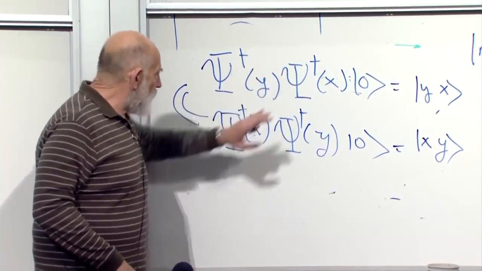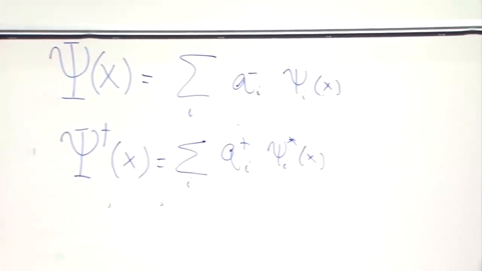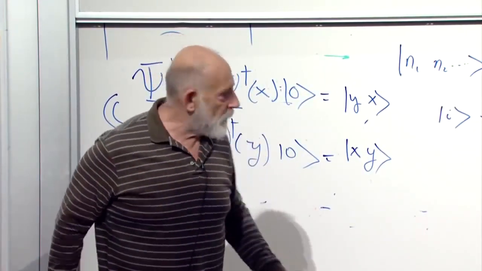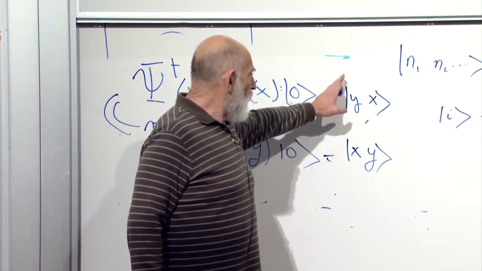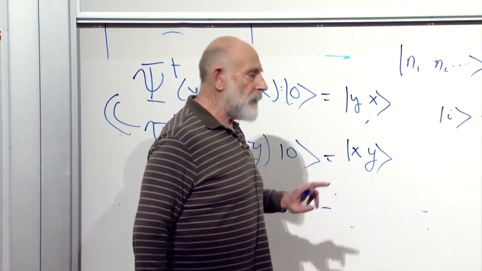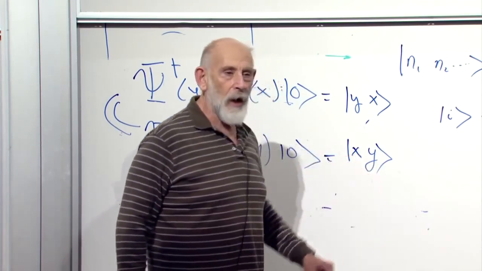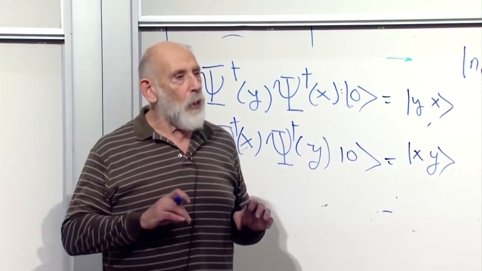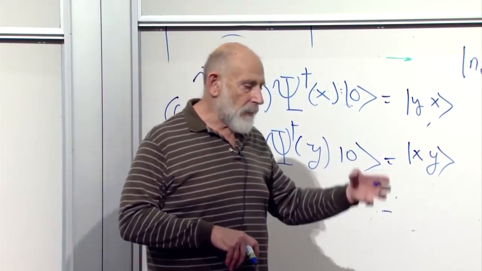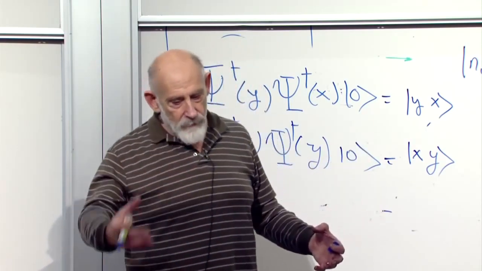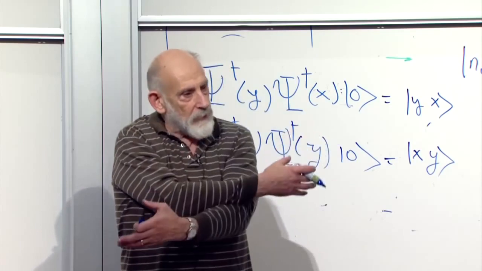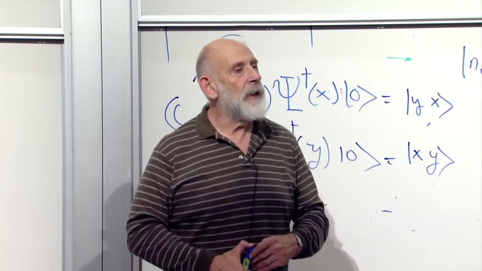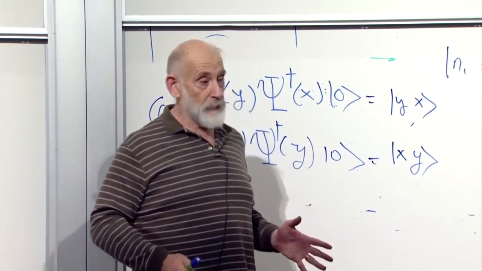They're equal as a consequence of the fact that these commute. All right? The fact that these commute, because they're built out of oscillators in a certain way, tells us that it doesn't matter which order we write the particles in here. In other words, particle 1 at y, particle 2 at x is the same as particle 1 at x, particle 2 at y. That's the defining property of bosons, that it doesn't matter which order you express them. A particle, Harry over here and Jeffrey over here is the same as Jeffrey over here and Harry over there. So that's fully equivalent to symmetrization? It's fully equivalent to symmetrization, and it tells you that the particles are most definitely bosons.